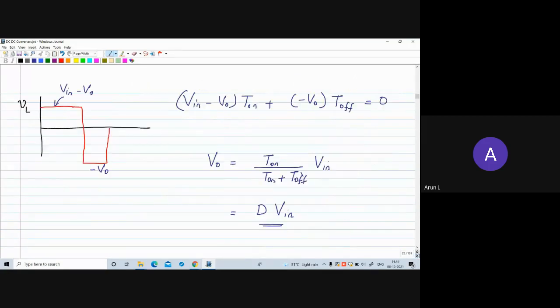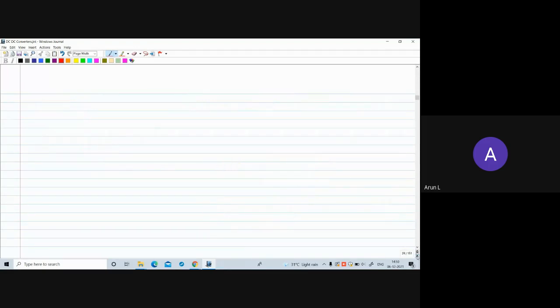And using volt-second balance, we can derive the voltage input-output relationship, and for a buck converter, that is VO average, the average value of output voltage, is equal to input voltage into duty cycle. So this can be derived. The duty cycle is just T on by T total time. So by controlling the duty ratio, we can get desired value of output voltage. So that is the working of a buck converter. That is how we derive a buck converter.